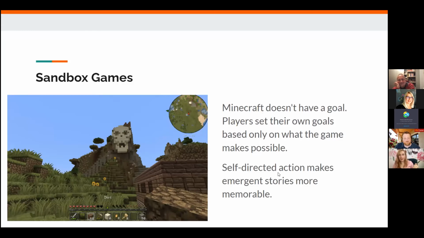This is another example. I decided I wanted a skull mountain in Minecraft. I didn't know I wanted it until I saw the mountain and it was there. And I was like, absolutely, I'm going to be building a skull in that mountain. I want a fortress there. So self-directed action makes the emergent stories more memorable. Obviously, I screenshotted this. I saved this because to me, that was something I entirely came up with on my own. And Minecraft assisted me in doing that. But to me, the setting of a goal and the ability to execute it is a very empowering feeling that can make players feel unique in the world.